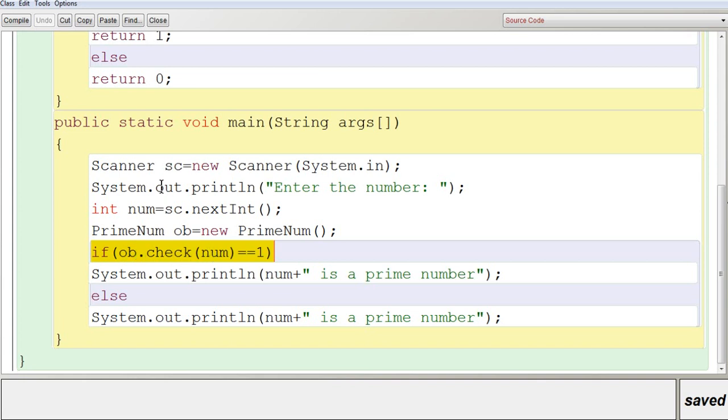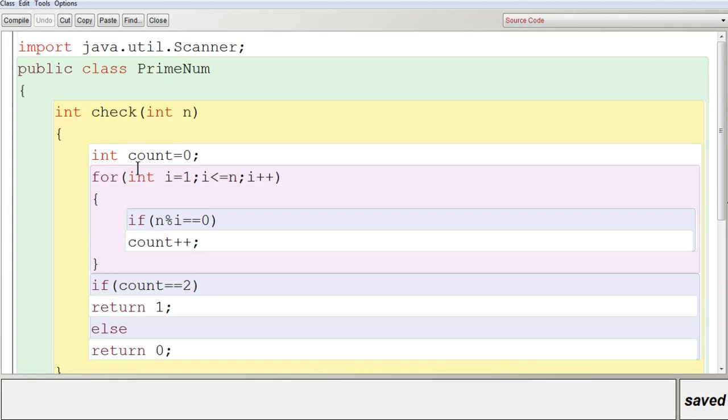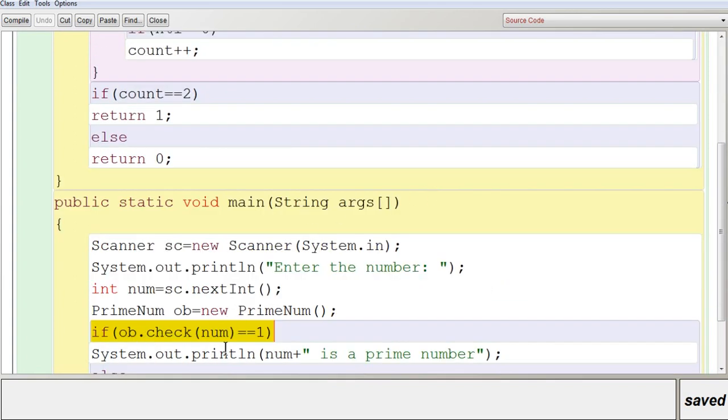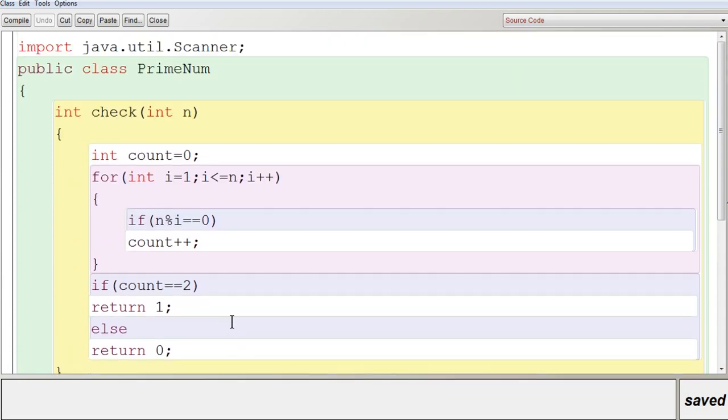So what happens here is, whenever you execute the program, you should execute from the main function. This is how it works. So it starts from the main function, it does all this work first. Once you execute this statement, it will go and execute this function. Till then, this method will not be executed. After this has been called, the number you entered here will be passed through this parameter, pass by value. It goes to the formal parameter which is given, and it will be stored in n.